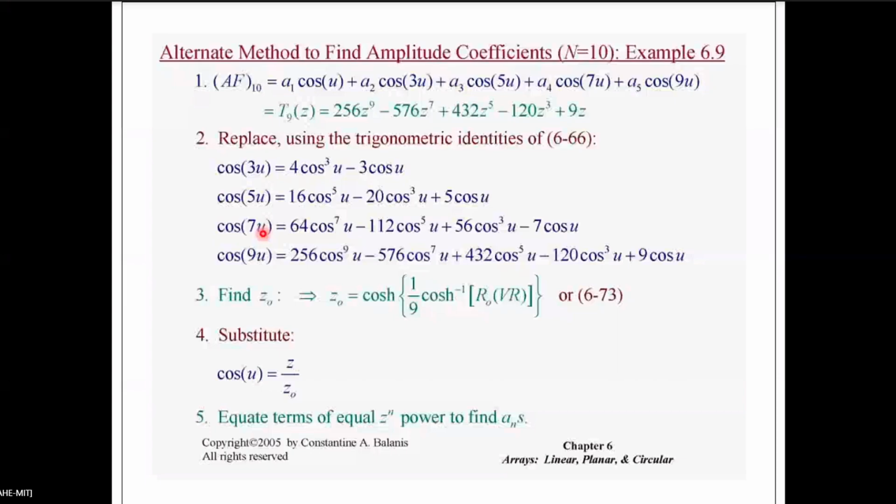For m equal to 2, cos 2u is equal to 2 cos squared u minus 1. Cos 2u is equal to 2 cos squared u minus 1. M equal to 3 is given here. See, I am highlighting here. M equal to 3, cos 3u, note down that.